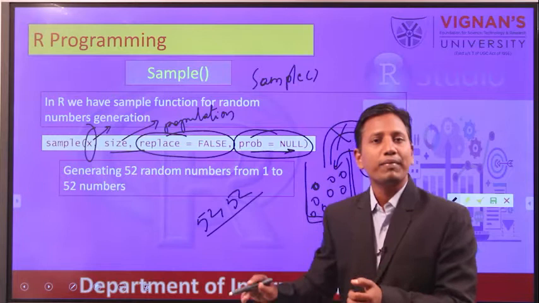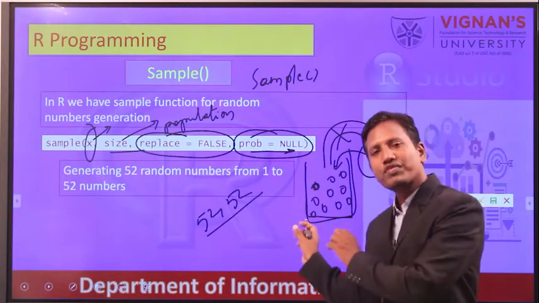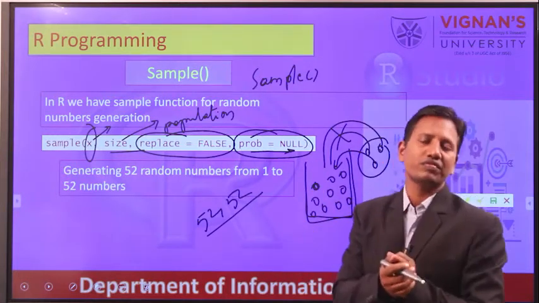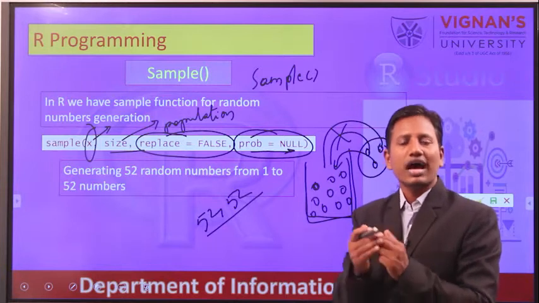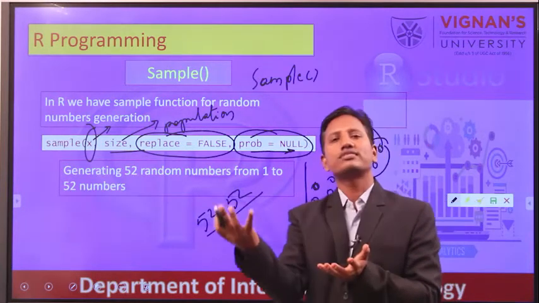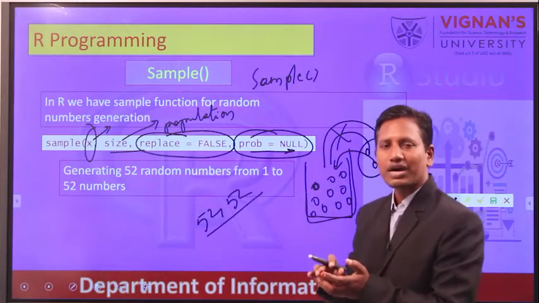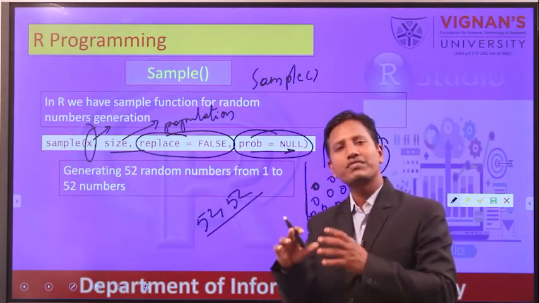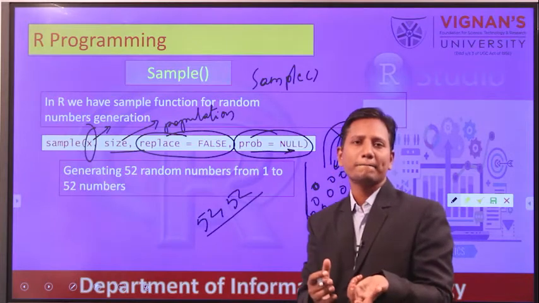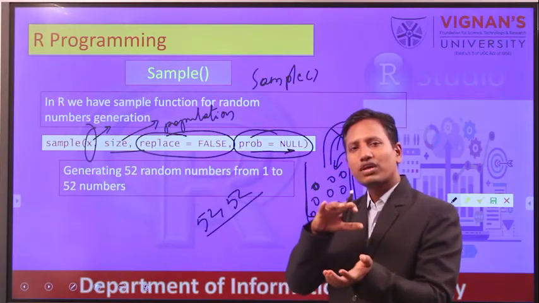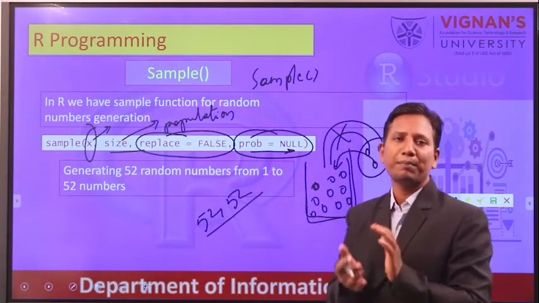Remember that my population size is 52 and the sample size is also 52, because I want to shuffle the total 52 cards. So out of 52, I am asking the sample function to pick 52 randomly. So the entire set of cards is going to be shuffled or randomly picked.